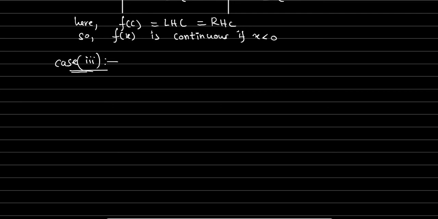If x is greater than 0. See, if x is greater than 0 means the c lies... Okay, so sorry, infinite values we have, right? So as usual for case 2, what we done? Common name we had, right? So to represent all the infinite values which lie between 0 to infinity, we have a common name, right?